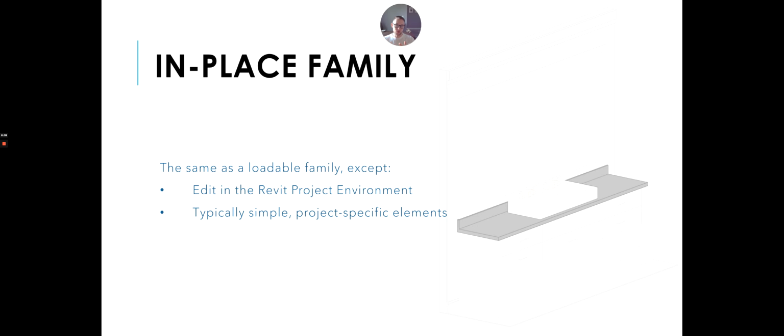And what it does, when you make an in-place family, it converts the project environment for a brief amount of time. It'll convert it into the Revit family editor, and it'll allow you to create a family from scratch inside your project. And we don't use these that often. Again, it's only for specific cases. And if you use too many of these in a project, it can start to slow your project down, and it is not good for your file health. So this is a less commonly used family type.